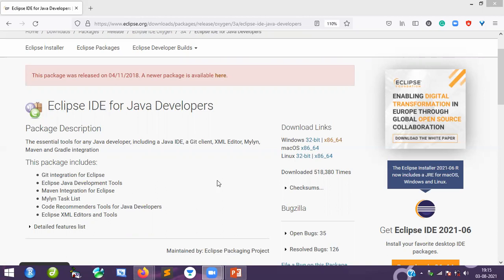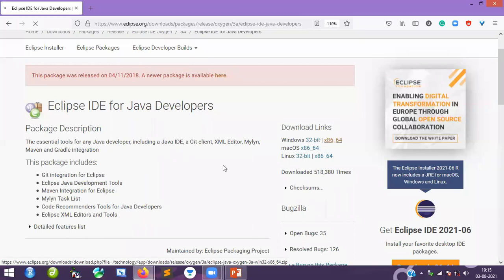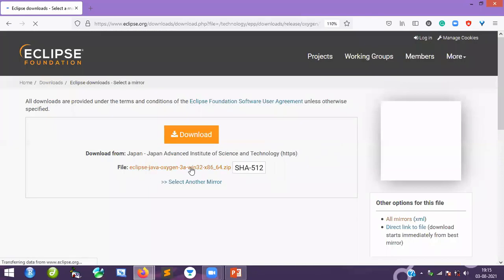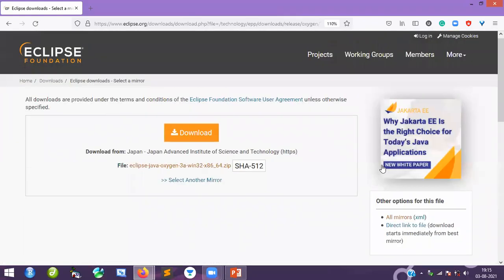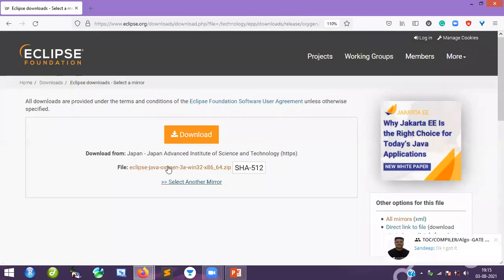Again, we have to see the architecture also. Architecture is nothing but the hardware. So this is x86_64 architecture. For this one I have to download, so just click on this. If you are on Mac, just go with this. If it is a 64-bit operating system, here you can directly download this Eclipse. Otherwise, you can have some other option. I will show you.